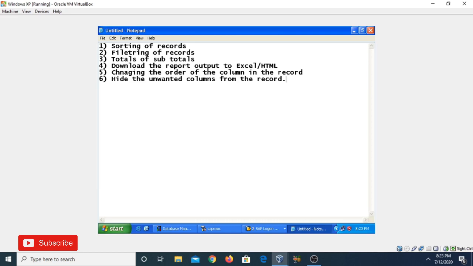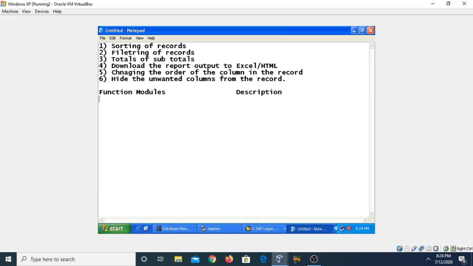Now for performing these functions, we have a number of predefined function modules that we can use to create the ALV reports. Here I can write down the function modules, and then define the description.